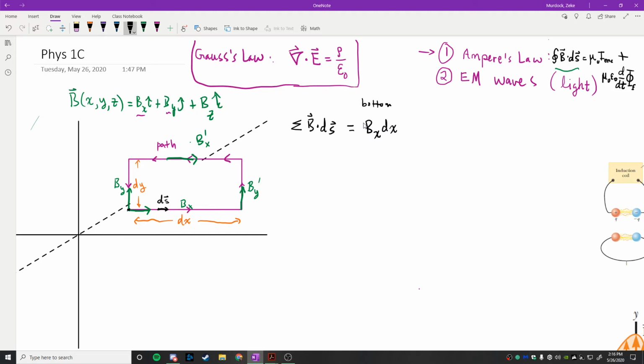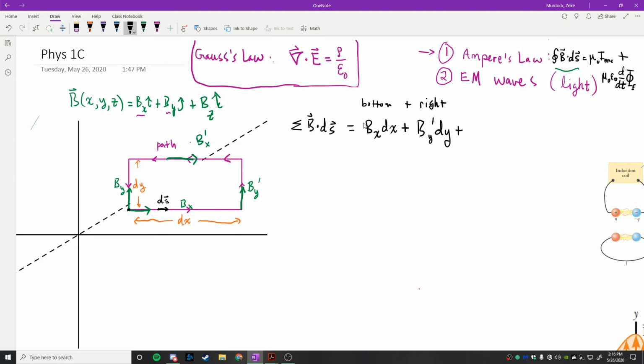On the right-hand side of the loop, I'm going to get By prime multiplied by the height right here, which is dy. On the top,